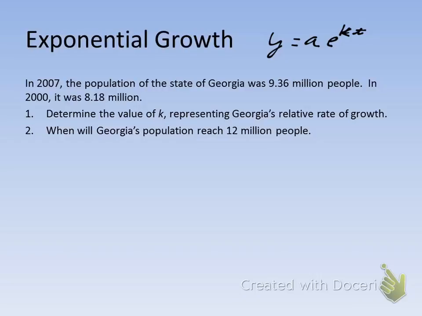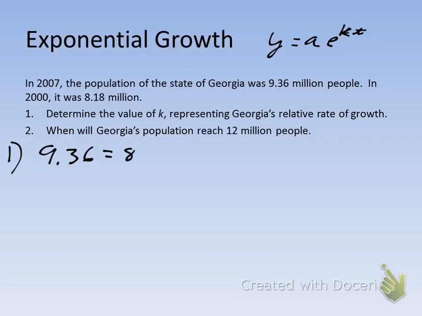Thinking the opposite? I was thinking the opposite too. Because remember, the left-hand side, that Y is your new. A is your initial. So basically you ask yourself, what came first, 2000 or 2007? 2000 came first, so the 2000 population is your initial, which is the 8.18. And the 9.36 is your new. So to start, number one, you got 9.36